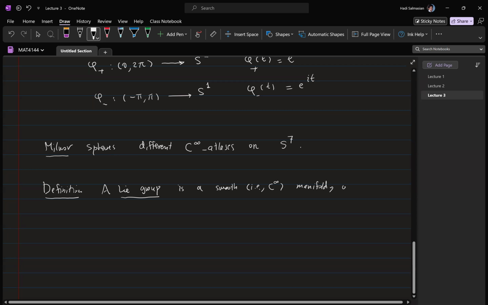Which is also a group, and the operations of multiplication